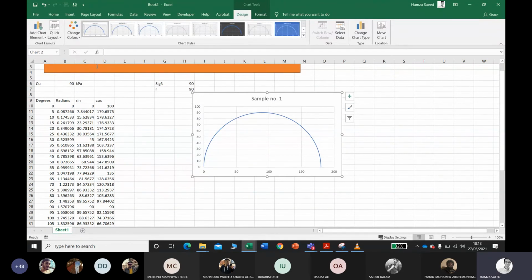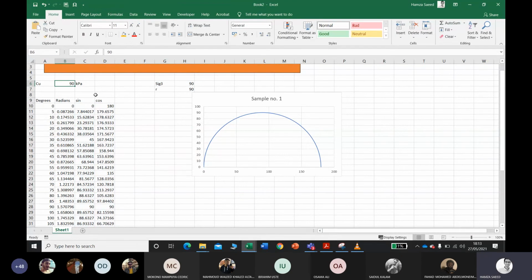As you know, you have to show how you obtain the Cu value. It means that the radius at the top point is the highest, which is 90. So it is equivalent to your Cu of 90. Okay, so for example, maybe the circle is given to you and you need to obtain the Cu value. So this is how you obtain the Cu value. Is it okay, guys?